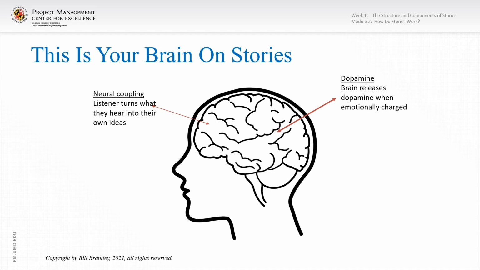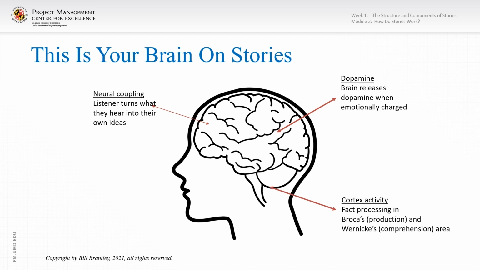And the story is going to have some emotional highs and lows. So there may be some moments where the hero is facing great danger, you start feeling fear, and then when the hero resolves that situation, you may get a dopamine rush because you now feel relieved that the hero no longer faces that danger, and it lasts until the hero faces another danger.